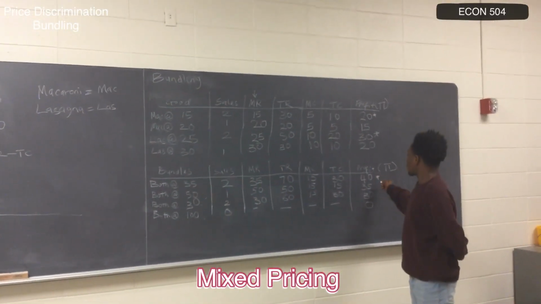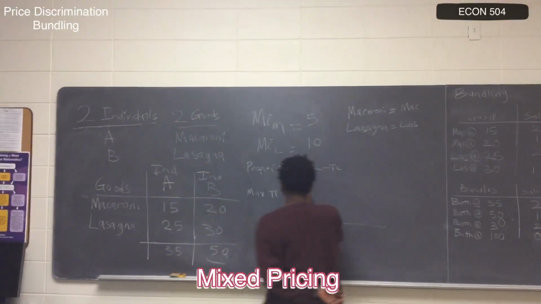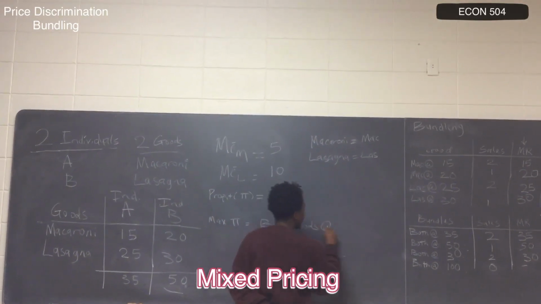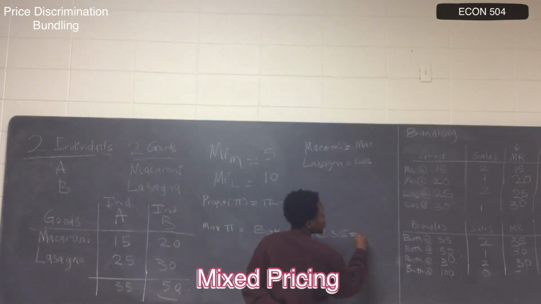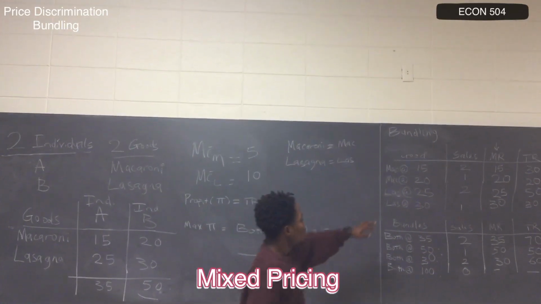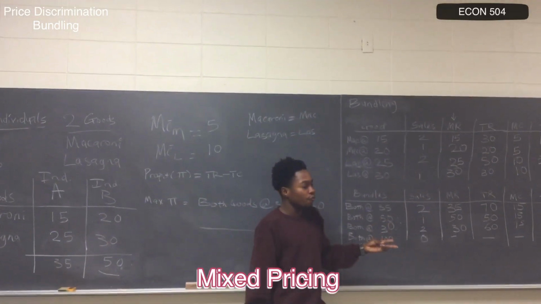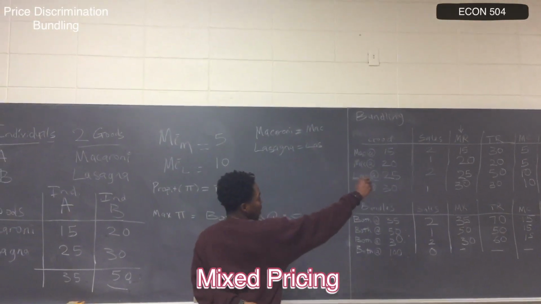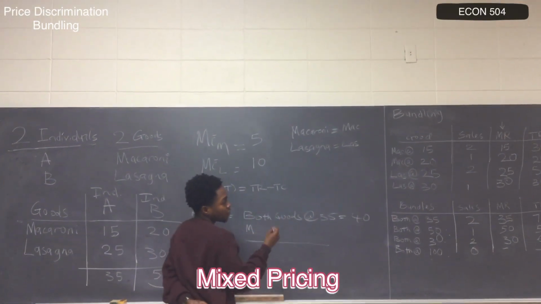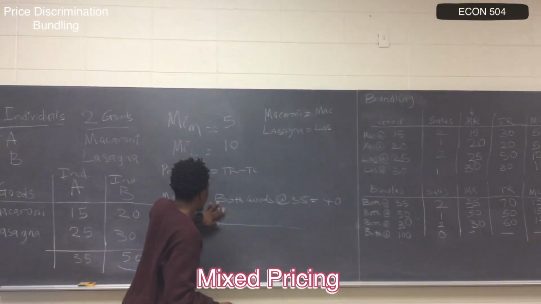So if I want to get a higher, maximum profit, I'll take both goods at 35, which equals $40, and I could take the price of macaroni at $15 because both individuals will buy it, and the profit I make there is 30. So I'll say macaroni, or lasagna. We could either take macaroni or lasagna. Let's take lasagna